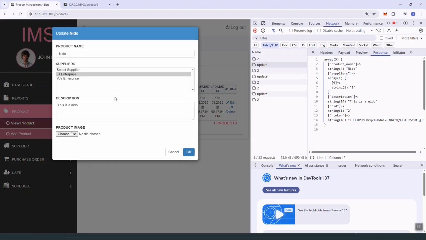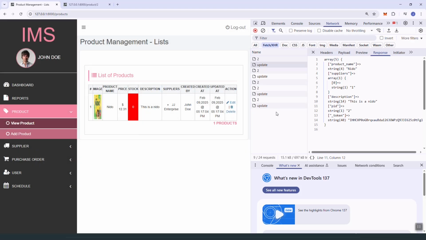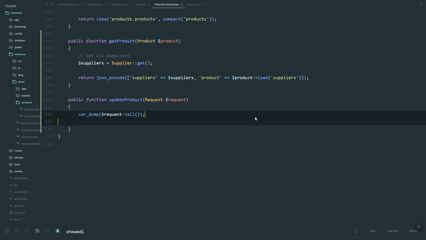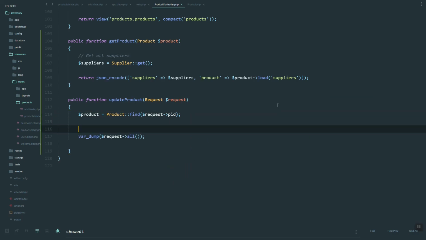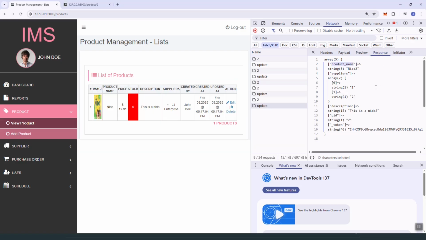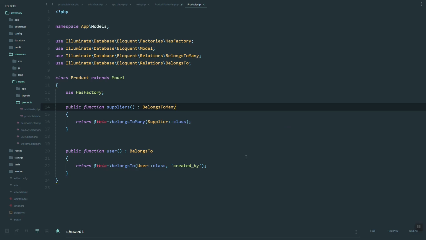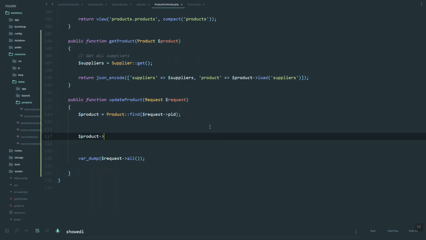Let's try, let's see if it is captured. As you can see, they are all captured. So for now, the image, let's just talk about that one in the next video. So let's just handle the text first. So first we need to get or initialize the product using the request PID with the key. So you can just copy and paste that one. So product name, and then get the